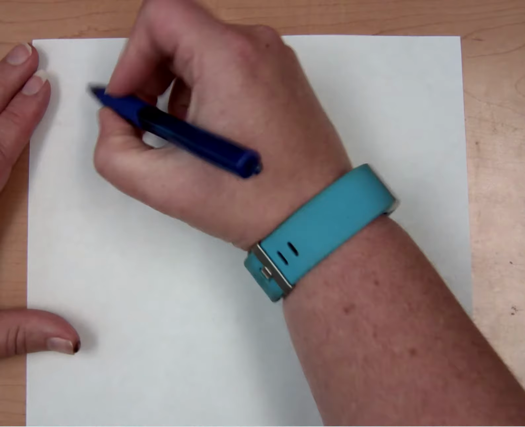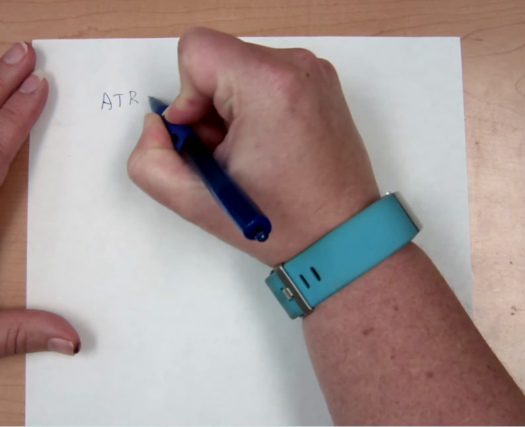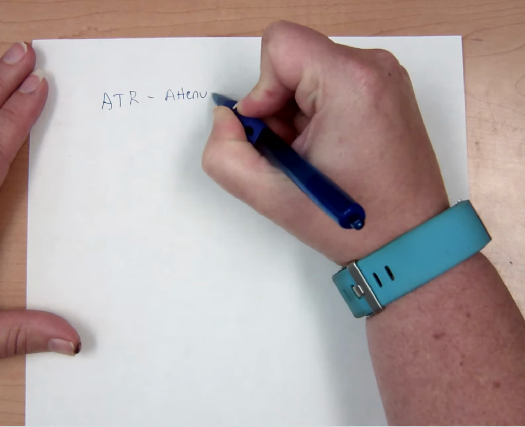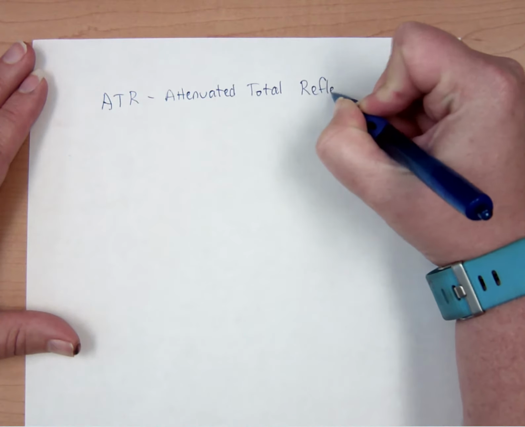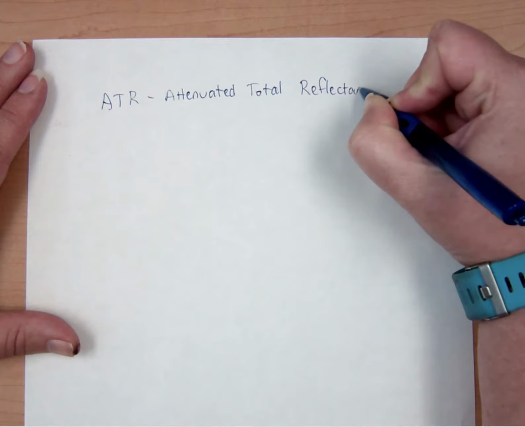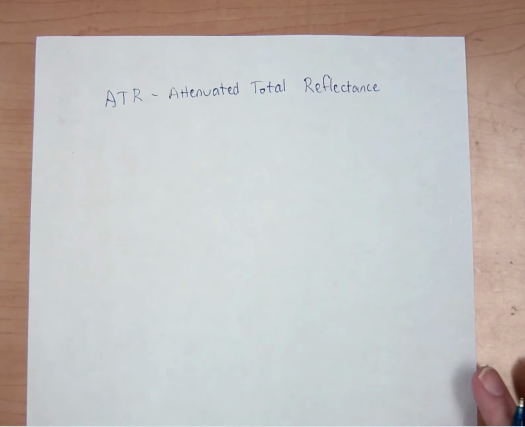So the last piece of the spectrophotometer for FTIR that we need to talk about is the sample holder. Some IRs will use a gas sample holder if you're going to do a gas, but a very common one to do liquid or solid analysis is to use an ATR, an attenuated total reflectance sample holder, okay? And so in this video, we're going to talk about what is the ATR and how does